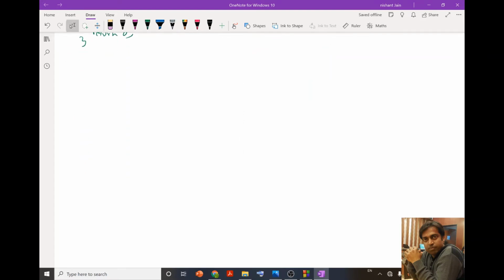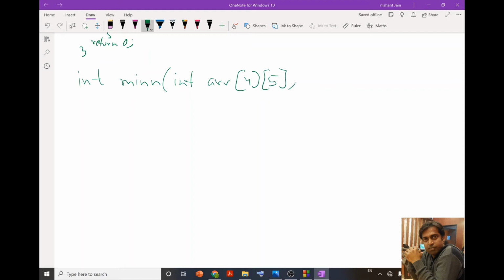So my function is int min, int arr, and over here inside the min function I am going to declare some variable i for the loop, mn to get